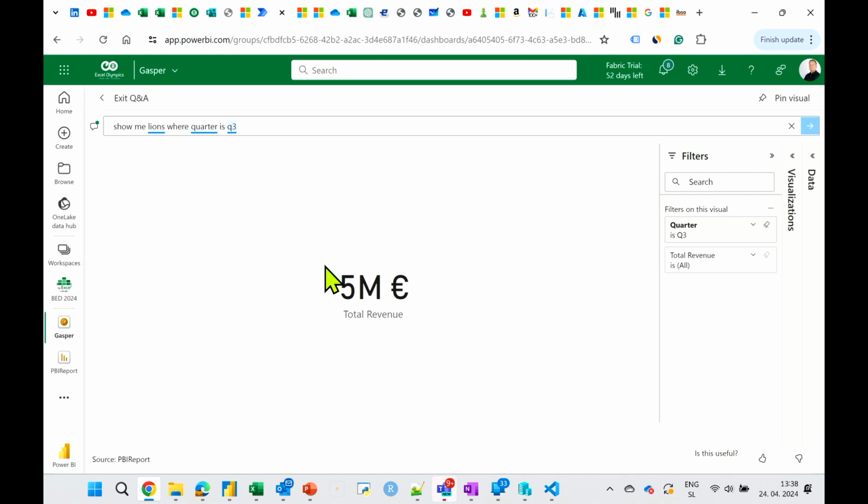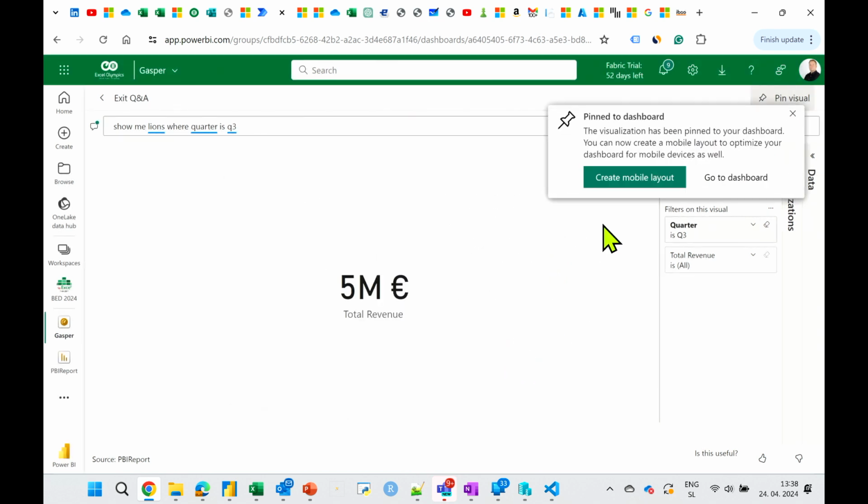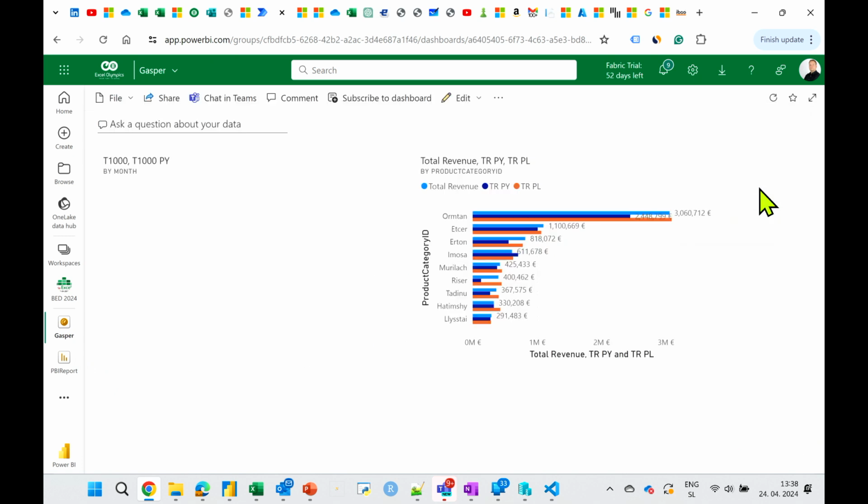So it's actionable, but it gets better, almost for the last time. Now I can say, this visual doesn't exist anywhere, but I like it. Let me pin it to my dashboard. From now on, I have my own report, which contains this visual.